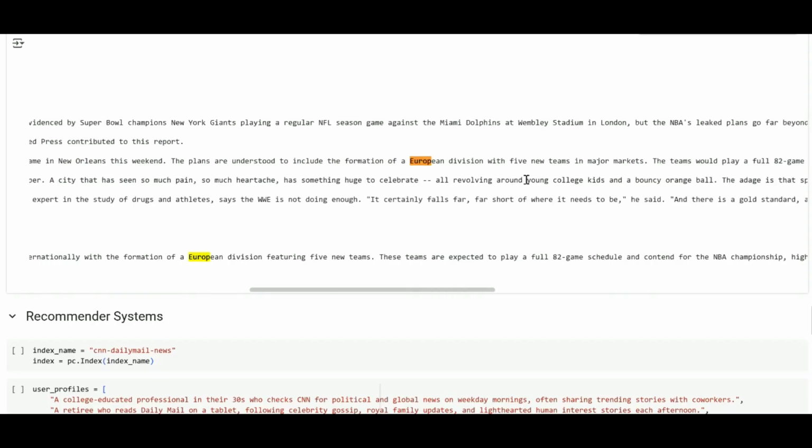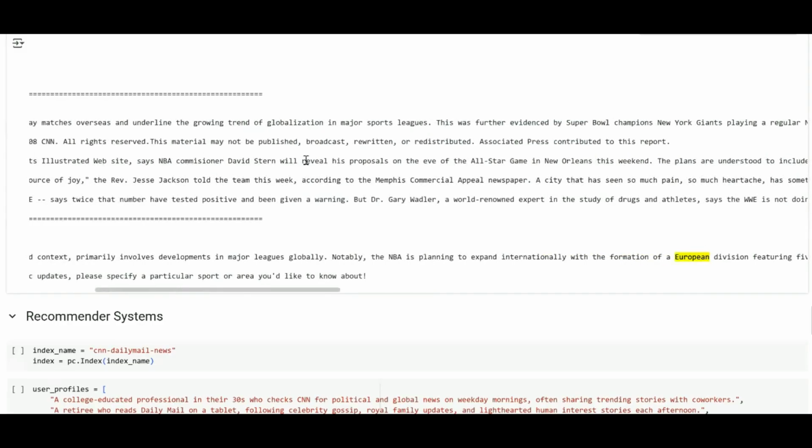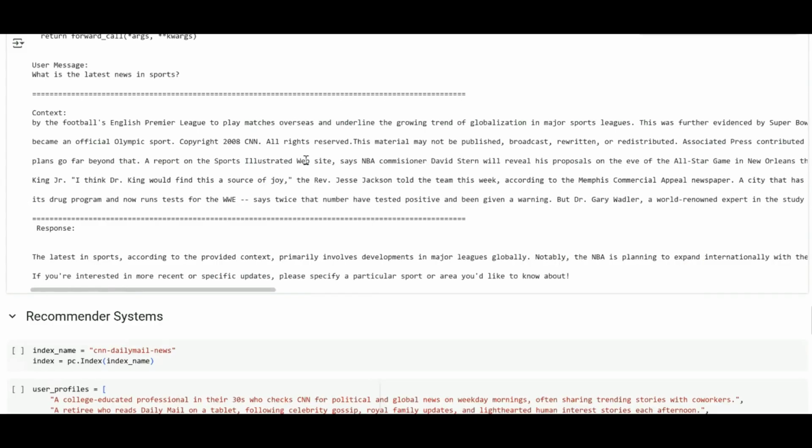And so we should see that in the context. I'm going to search European. And so we have the plans understood include the formation of a European division with 5 new teams in major markets. And this is talking about the NBA commissioner that said that. And so it is listening to the context and providing a relevant response. And so that is the basics of how RAG works. Production RAG systems, and how they retrieve context and how they break down the user message and how they form a response, are way more complicated than this, but this is a very simple example that gives you the fundamental principles of how